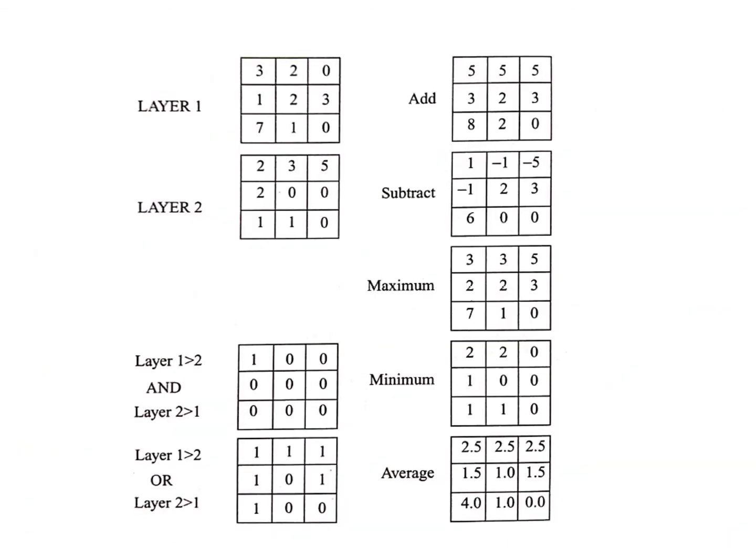Okay, this is the raster overlay. This is a simple arithmetical operation. You can see layer 1 and layer 2. If you have solved matrix forms, similarly two matrices, if they add together, will form a third new matrix. Similarly, this is one grid. We call the layer 1 the one shown here, and the layer 2. Now if you add this together, it will have a new set of information with new values or new digital numbers.